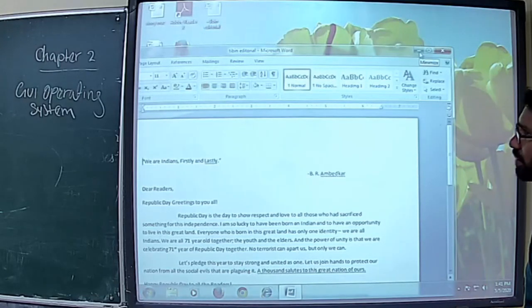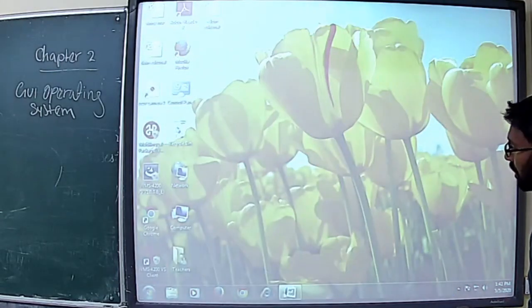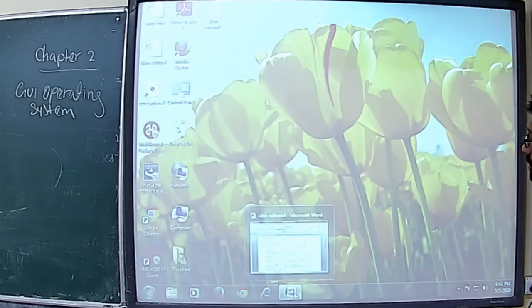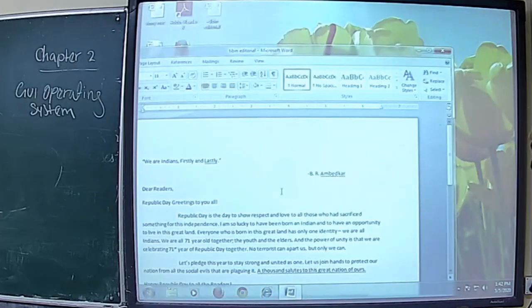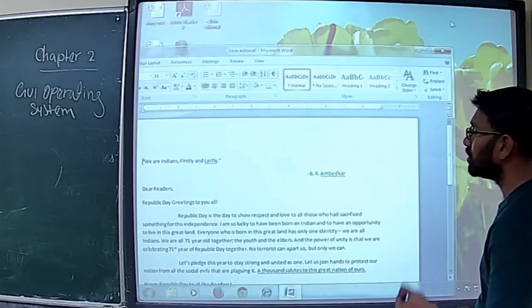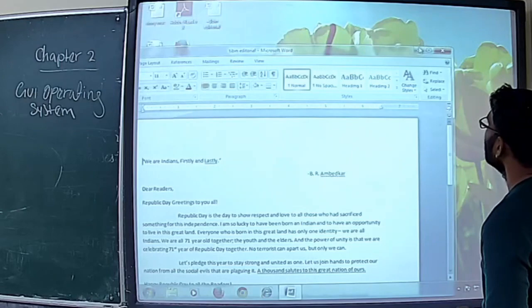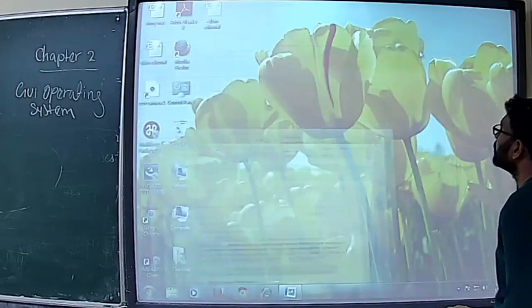Once I click the minimize button, what happens? The window minimizes to the taskbar. You can click here and resume the work if you want to edit. So the minimize button hides your working window to the taskbar. This is the function of the minimize button.